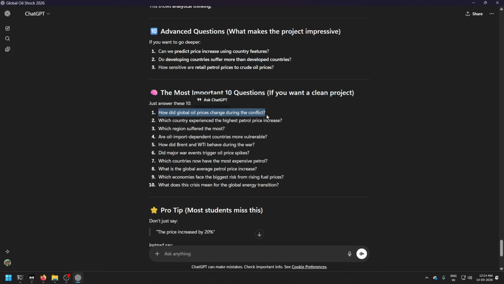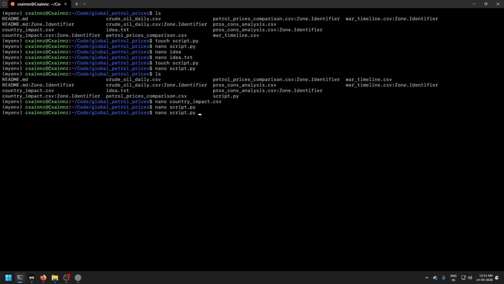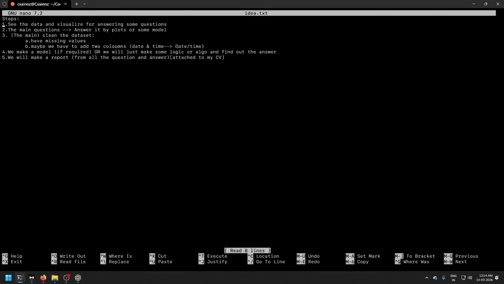Let's copy this and make a map first. So the first question is this. What we need is basically global oil price before versus after, so that we can approximate.